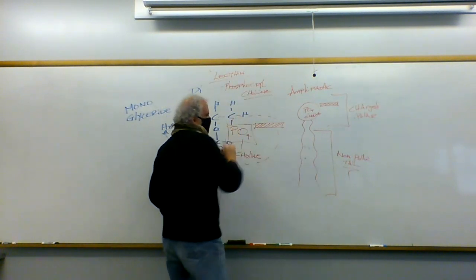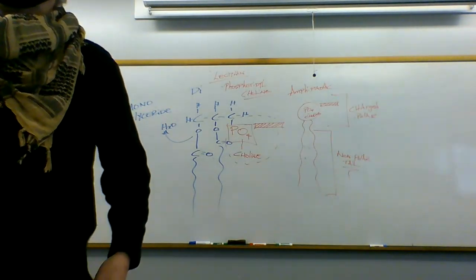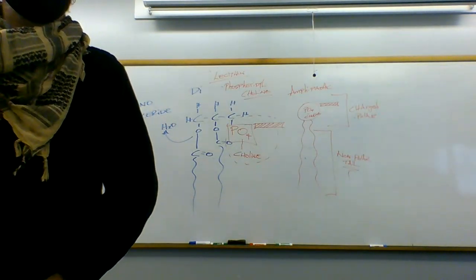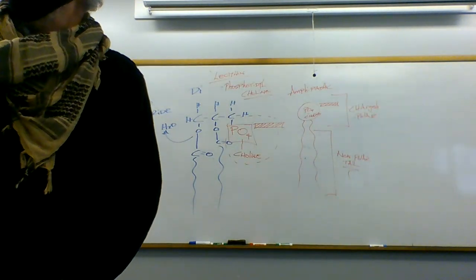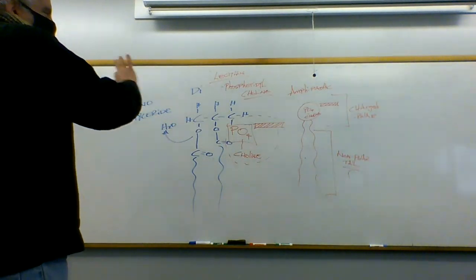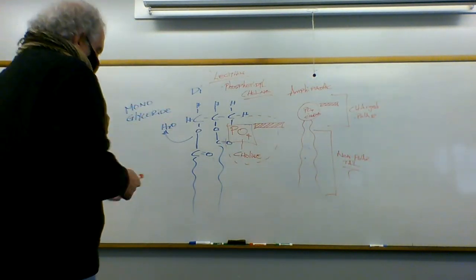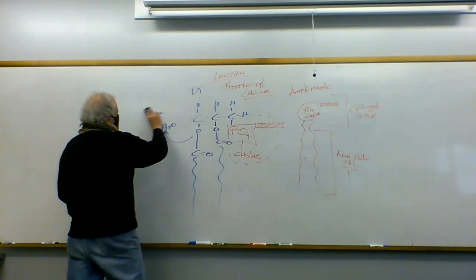So next time you're eating chocolate, next time you open up a jar of mayonnaise, pretty much any kind of moderately processed food, you'll see lecithin as one of the ingredients. And I'll tell you why. First off, this is the key behind forming the phospholipid bilayer. And it works really well because